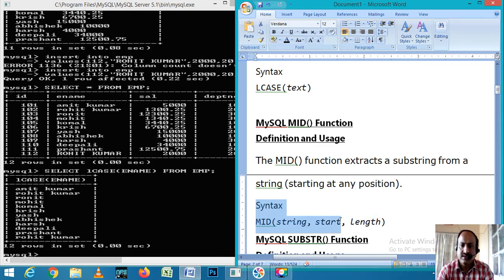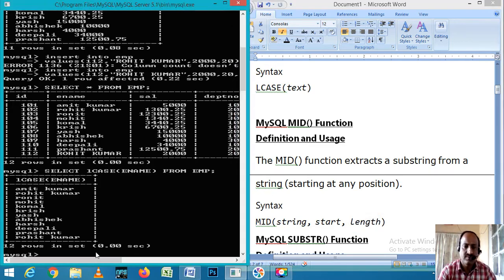Starting point means where you are going to start, and length is how many characters you are going to extract. Now how can we use it: select mid, we can write ename, comma 2, comma 4, from emp.